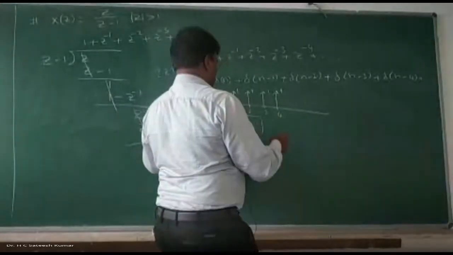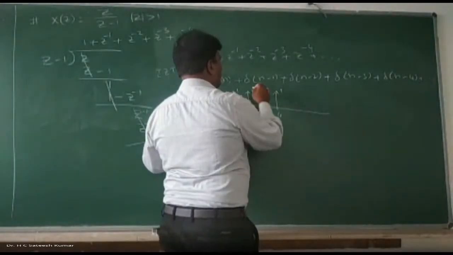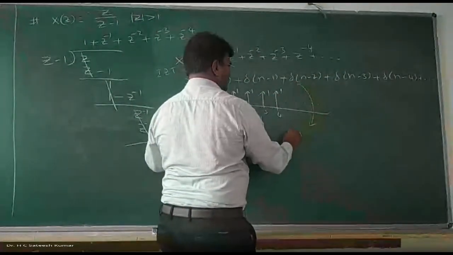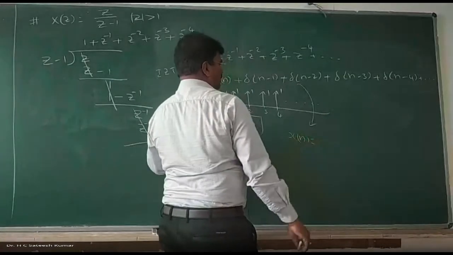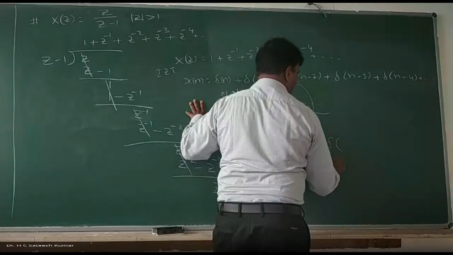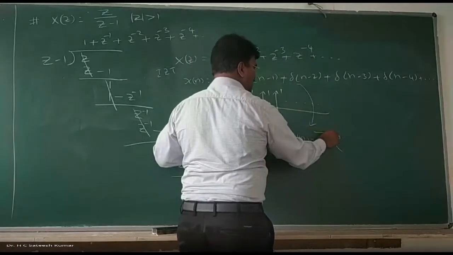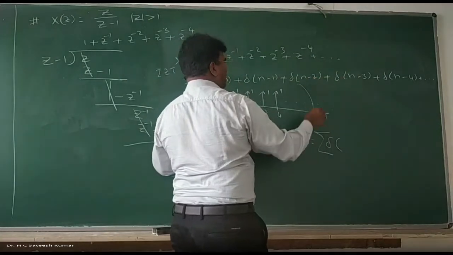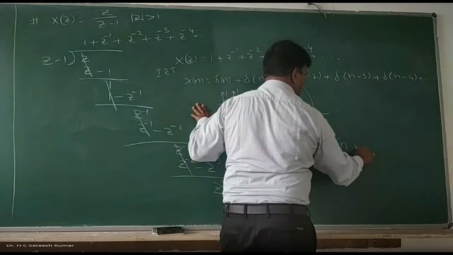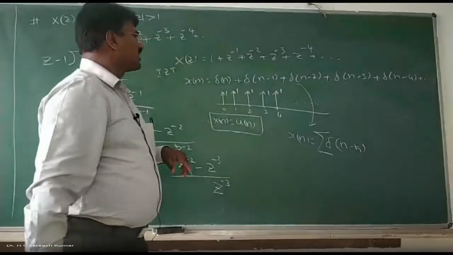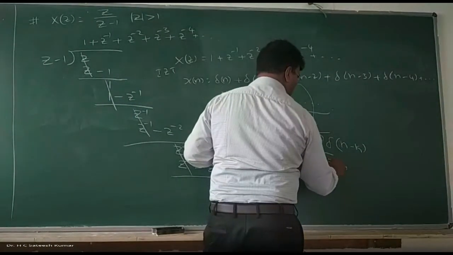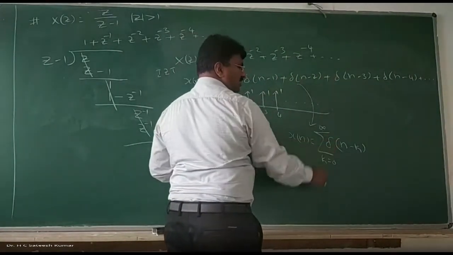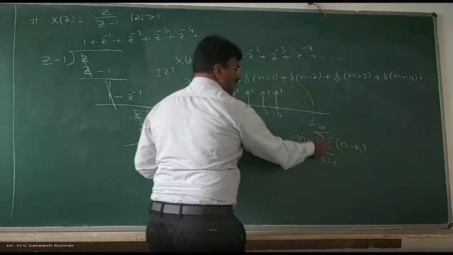Okay, right. Now, on the other hand, every time we cannot sketch it. In such situations, what we can do is go for this. X of n is equal to, we can write it as summation of delta. I will have to add them now. Some parameter is there, that parameter we will call k. Delta of n minus k for k varies from 0 to infinity. Why have I taken summation? Because summation is the number of additions we have. That is summation, and add this function value for k varies from 0 to infinity.